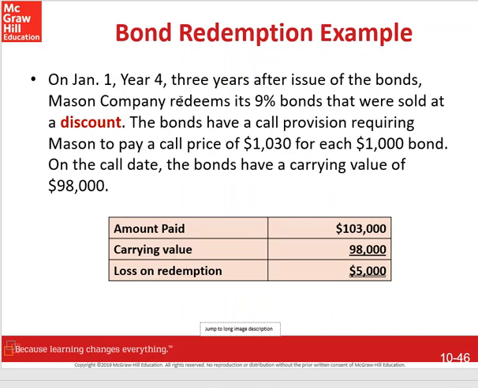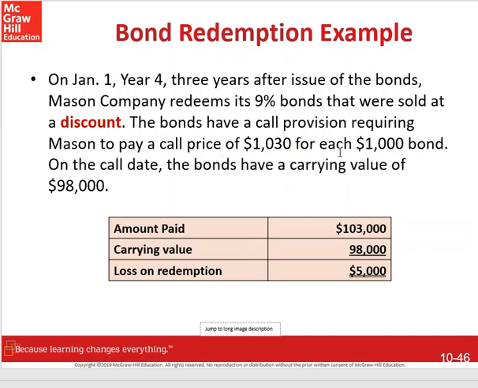So on January 1st, year 4, which is 3 years after the issue date of the bonds, Mason Company redeems its 9% bonds that were sold at a discount. The bonds have a call provision, so that's terminology of this chapter. So a call provision allows us to pay the bonds back early, but that call provision requires that Mason pay a call price of $1,030 for each $1,000 bond. So really what it says is we have to pay the bonds back at 103,